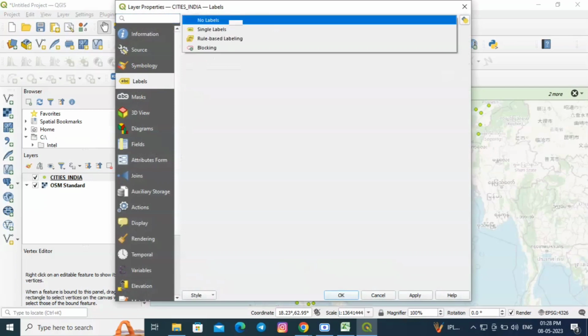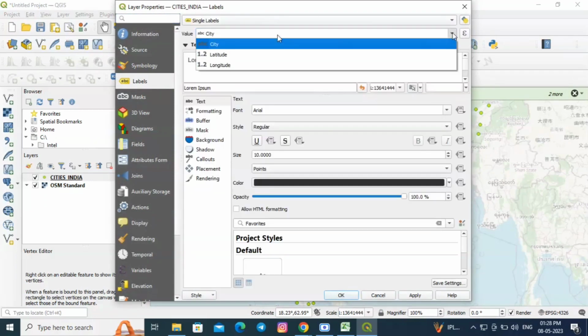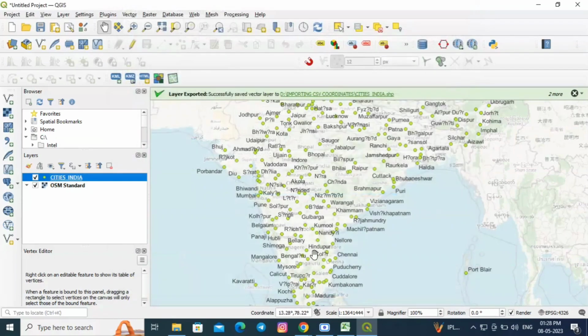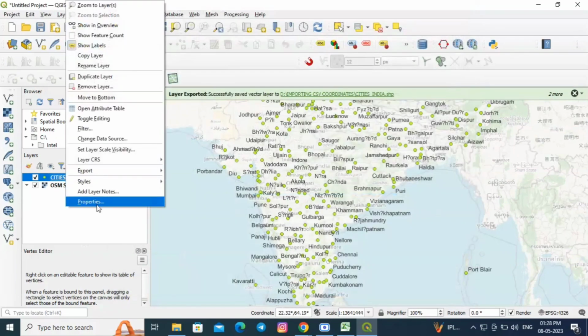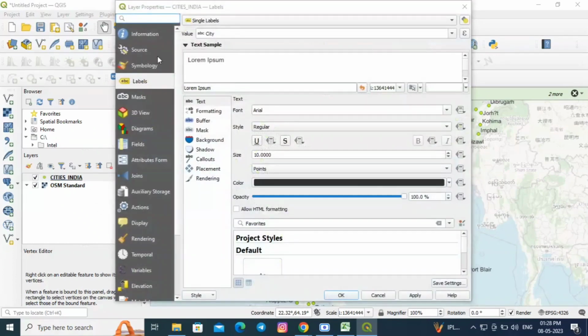So same way we can enable the labels as well. Change to single labels, and which column should be displayed, I am going to click cities. Now you can see that our attribute information has come to the screen. Similarly,